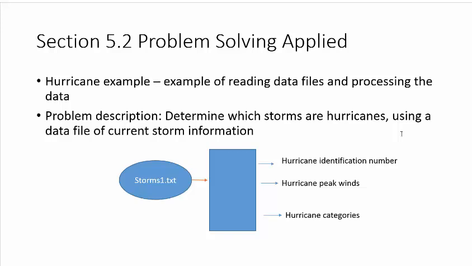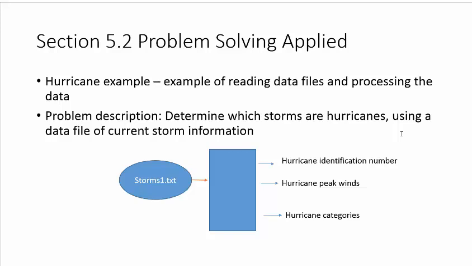programming. Okay, so the first one we're going to look at is in section 5.2, which is the hurricane example that they have. So it's an example of reading data files and processing the data that's in that file. So recall in your last homework, I gave you a large text file and you had to read in the data. It was a large file of random numbers, and you didn't know how big the file was, so you had to open the file and read it twice so that you could figure out what array size you needed to